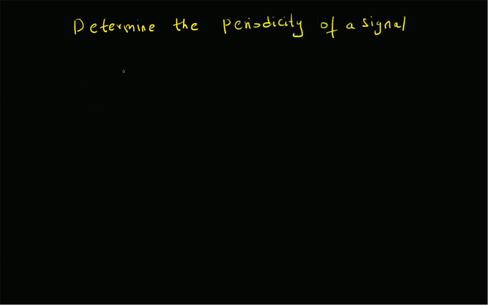Hello, welcome. In this short video, let us look at an example illustrating how to verify whether a signal is periodic or not. So, determine the periodicity of a signal. In this video, we are going to look at a specific example where x of t is assumed to